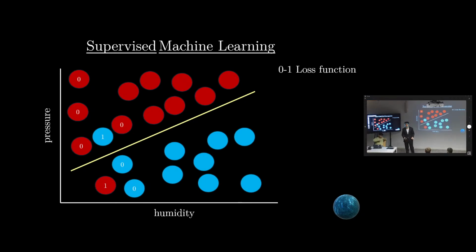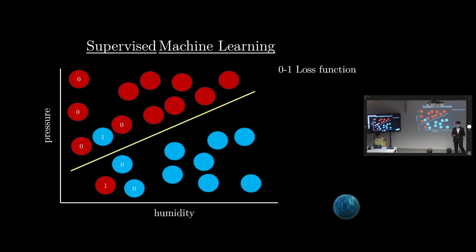For example, we could use what we call the 0-1 loss function. It basically just gives 0 to all correctly labeled data points and gives 1 to anything wrong. So blue should have been 1, then we were wrong. So we would give blue 1 and this 1. So the sum is 2. And the higher the loss function, the bigger my error is, so I should make it more optimized.